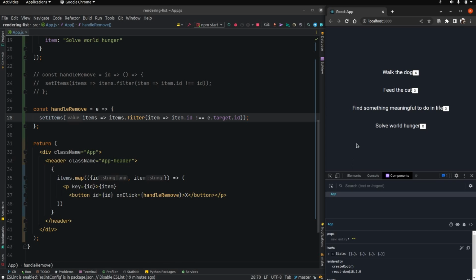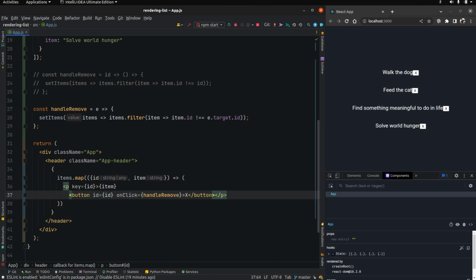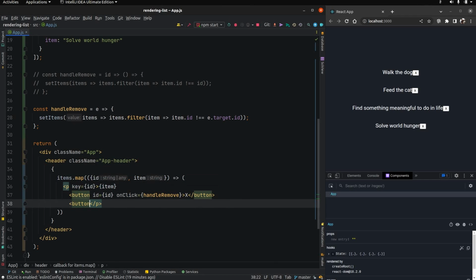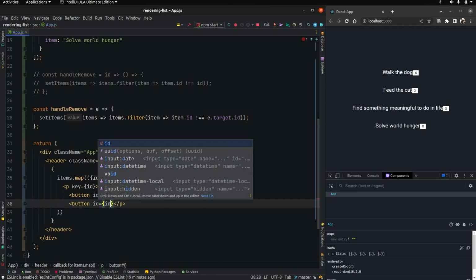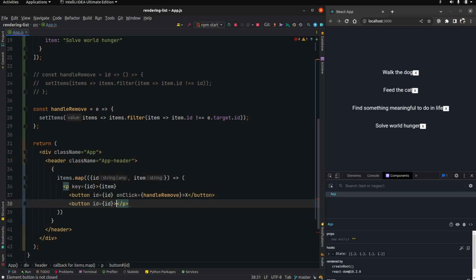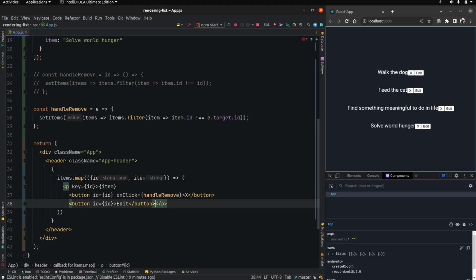Most likely, you'll need more than one event listener on a single item. In our case, we could add an edit button. We'd also have to add an ID attribute to the button element so that we can identify the item in the list. But the problem is, the ID attribute on an element should be unique to the HTML page, and we now have two elements with the same ID. This won't break anything. Our app will still work just fine,